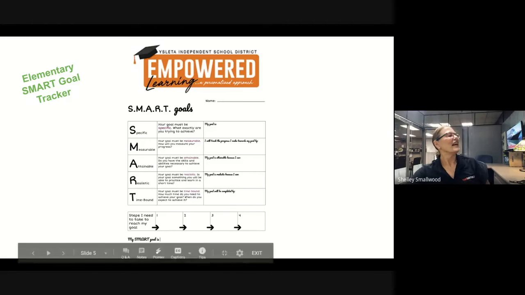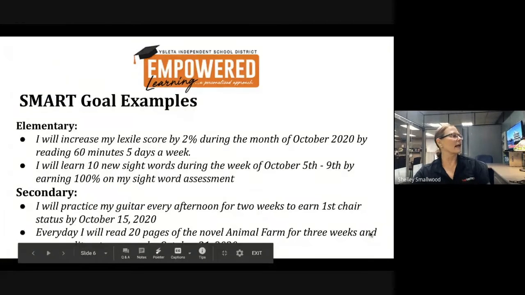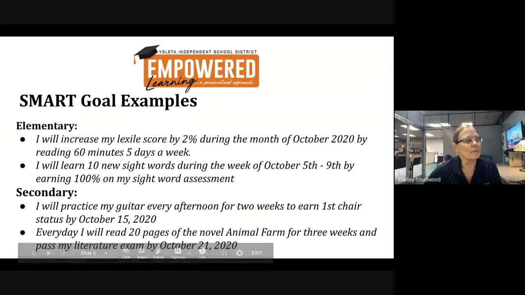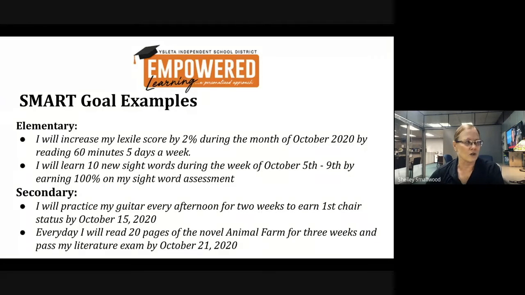All right, let's go ahead and go to the next slide. These are just some examples of SMART goals. An elementary student may say as a SMART goal, I will increase my Lexile score. Or if you're doing iStation, I will increase my iStation scores, maybe during the ISIP or whatever type of evaluation you're giving them. But I will increase my Lexile score by 2% during the month of October by reading 60 minutes, 5 days